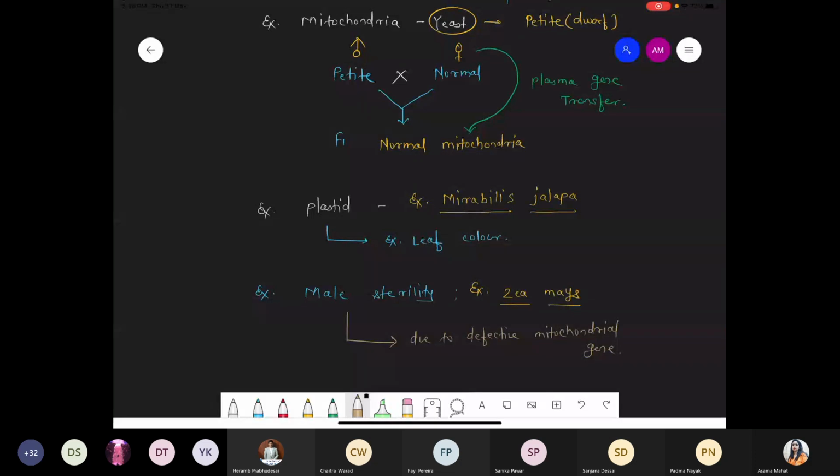Now again in F2, suppose there are a total of 4 progeny, 2 boys and 2 girls. Select one girl and one boy, and again cross them, and you can obtain the F3, right? Because the parents are the same. The first generation, dominant and recessive parents, you crossed them, then you produce the F1. Again you do selfing, then you produce the F2, and again selfing, you produce the F3.